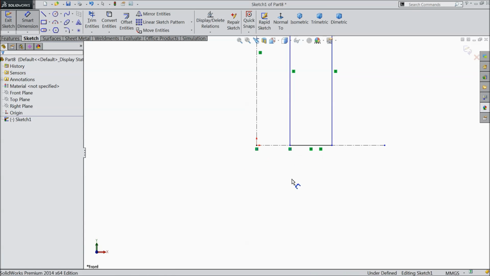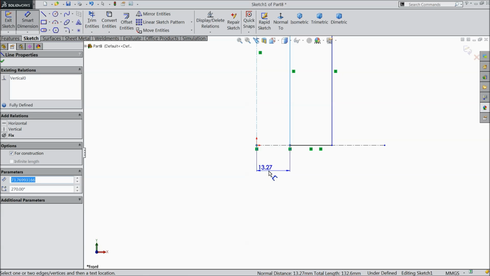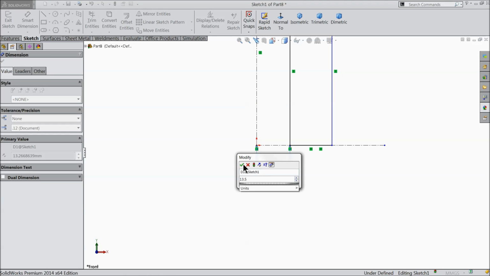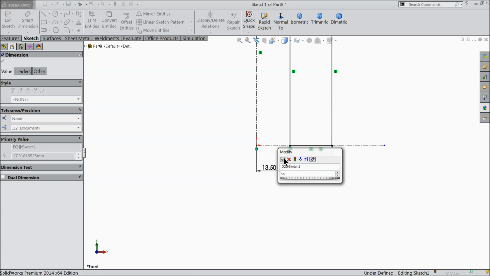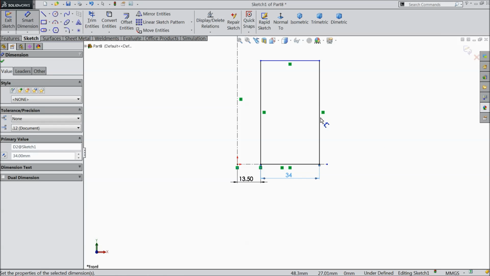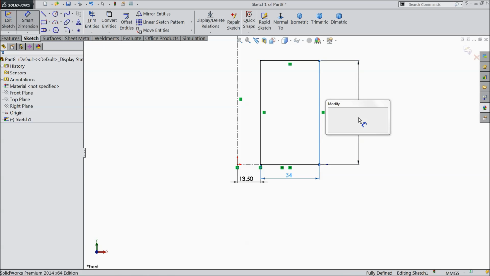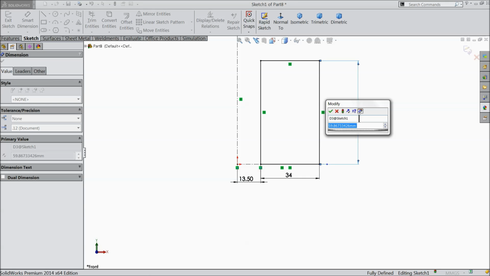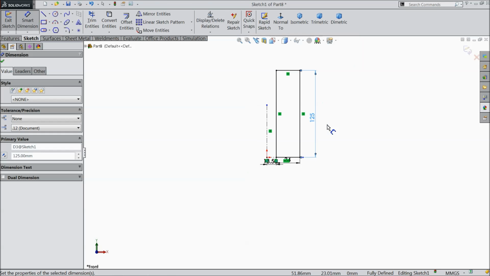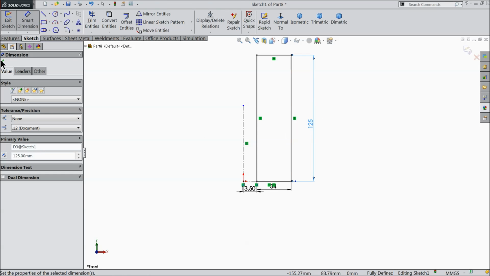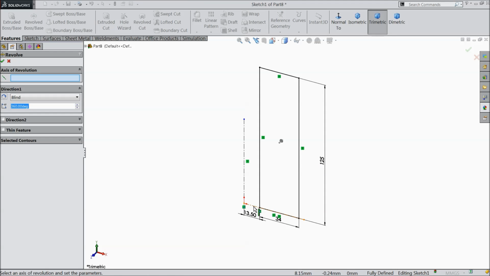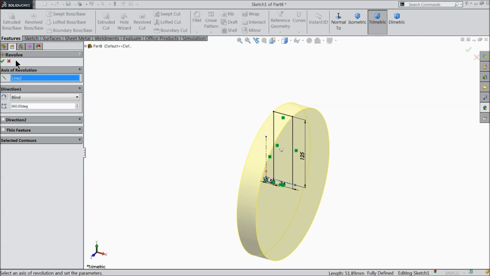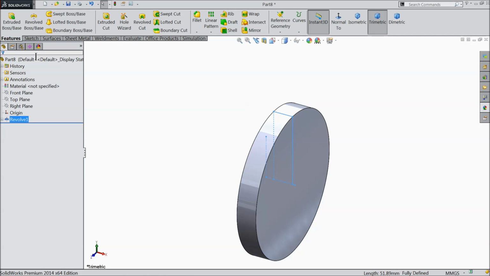Exit. Now let's define 13.5 millimeter, 34 millimeter, and let's choose the length, 125mm. Okay, now select here revolve boss base, select this bottom line as an axis. Okay,